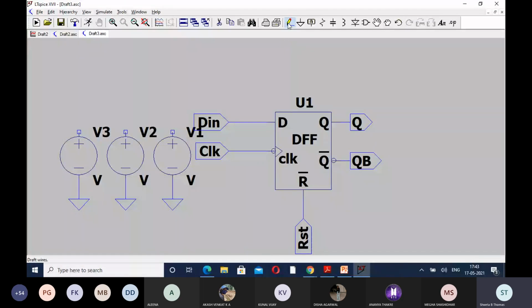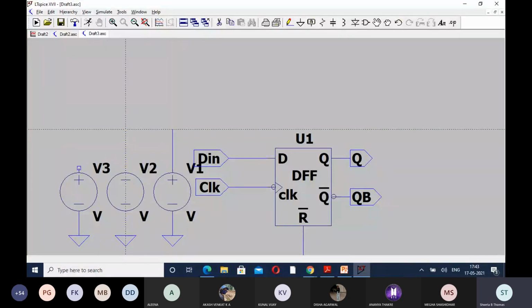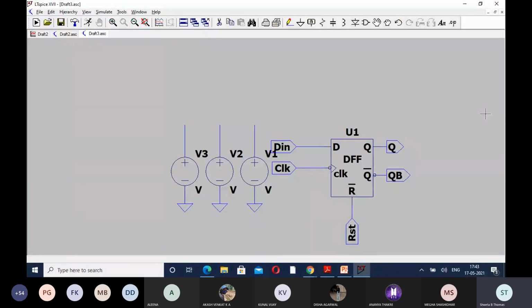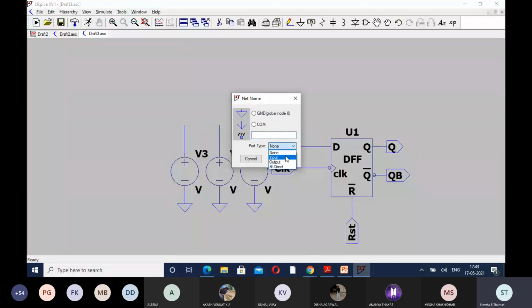So for that also we'll take wire first. Yeah, I think the visibility is better compared to the previous one. Okay, then we'll take the label again. So we have to give output.